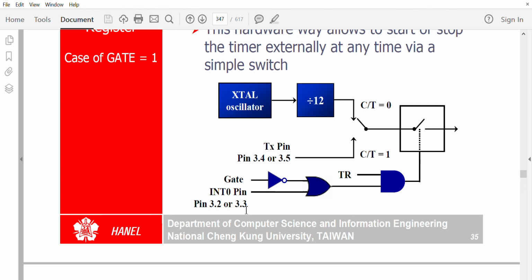That is the external control over starting the timer or stopping the timer. So that is the external input which will start or stop the counter. So that won't depend on TR but on this particular input when gate is equal to 1.